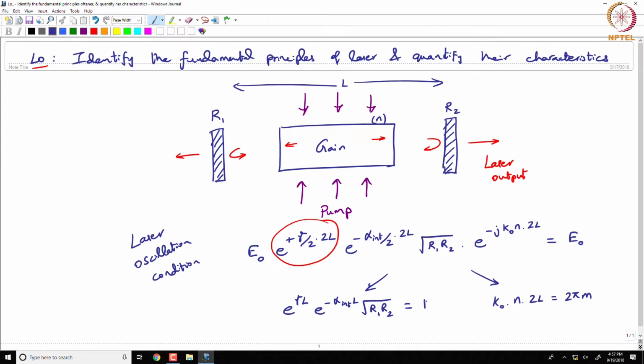Okay. So, I can take this expression on the left side and basically do a ln of that, and then I can get a slightly modified expression. So, let me call this as equation 1 and let us call this as equation 2,